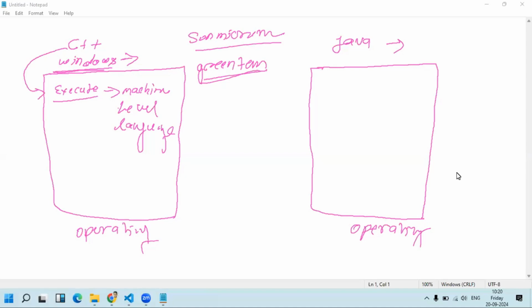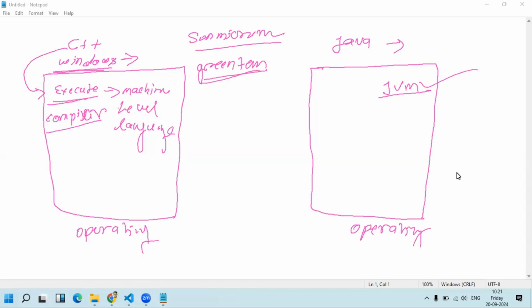In C++ we have only the compiler that compiles the code and produces the machine level language code that the machine can understand. But what Java guys did was introduce something called the JVM, right? I will explain the JVM in depth later, but first, the new thing in Java is the JVM.